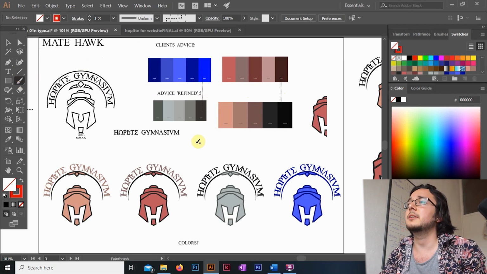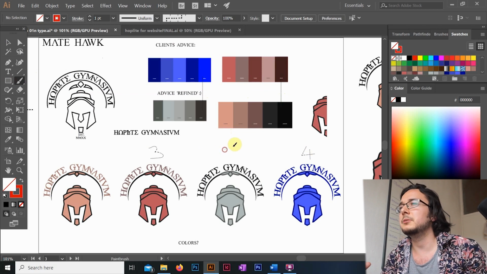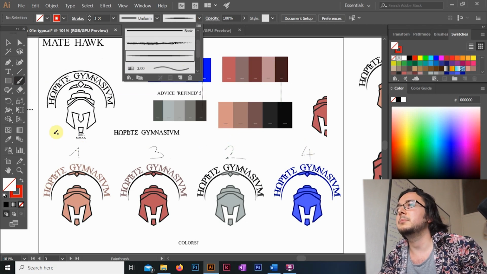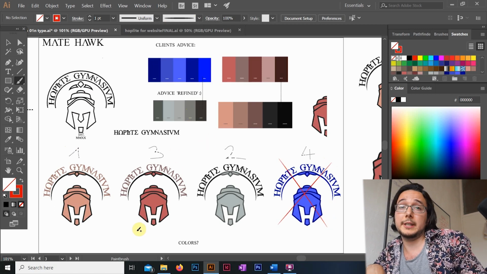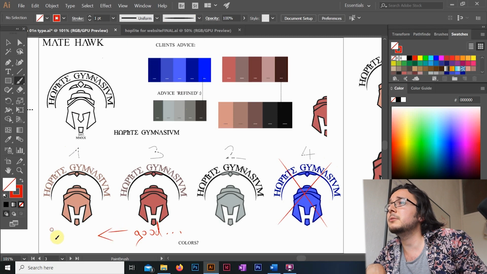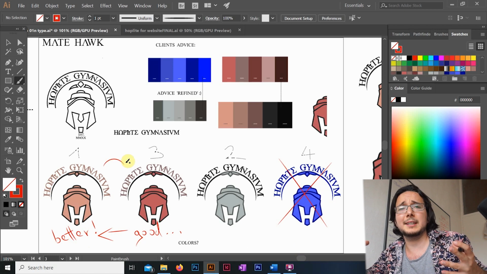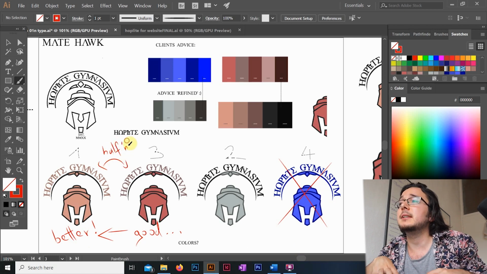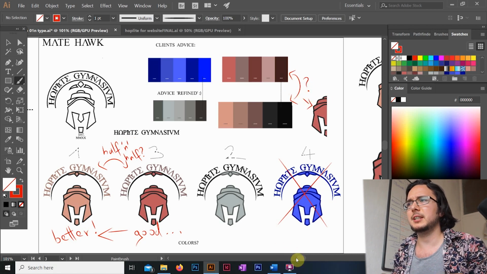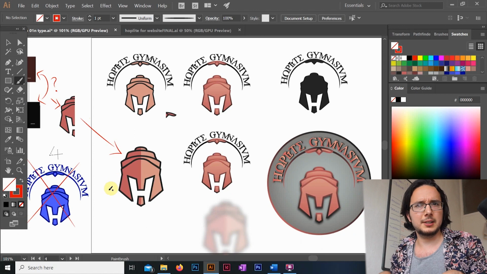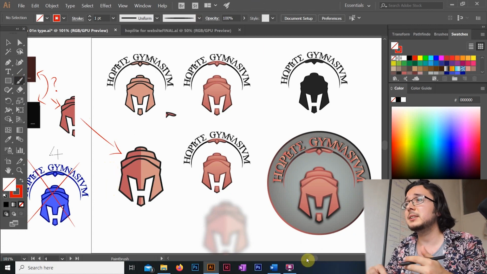Firstly, my client advised on a red or a blue color palette, so I gave that a try. I immediately felt that the blue hues just won't work here, so I dropped it pretty early on and focused on these pale red tones, mixed with monochrome greys. My reasoning for this was that the grey shades could represent the gym weights, which are usually black or grey, and these earthy reds give us this unisex color scheme that reminds the audience of ancient armory and the minerals that they were made of, you know, iron, copper, rust, that kind of feel.